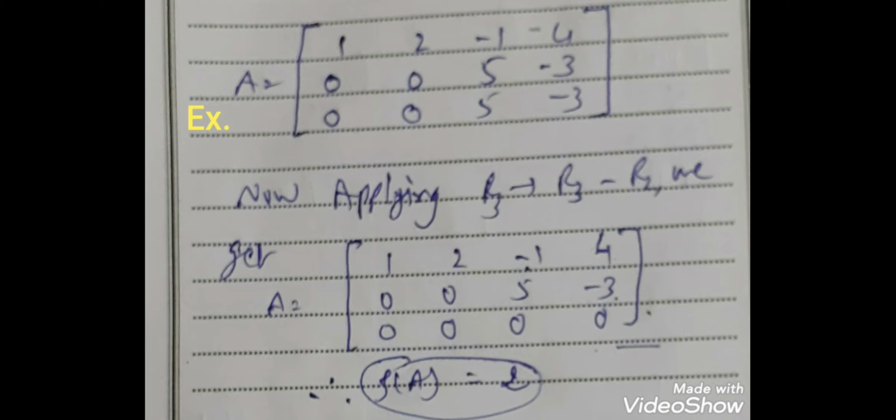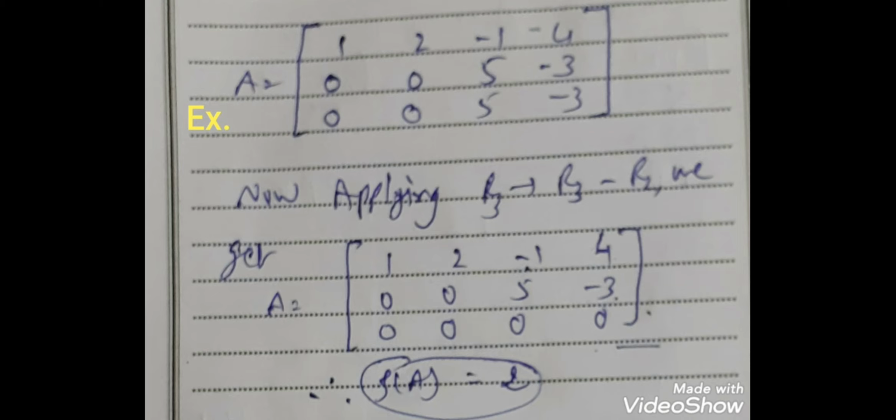Now see the first and second column. The first column contains the element 1 and the second column has the element 2. So if we multiply the first column by -2 and add into the second, then we get one more 0 in the second column, and all the entries of the second column will be 0. So we get 1, 0, 0, 0 in the first row and 0, 0, 5, minus 3 in the second row. Now we convert this matrix in I_n form. So here the second column has all entries 0, the third row has all entries 0. So we can remove the second column and third row. So here now 1, 0, 0 in the first row, 0, 5, minus 3 in the second row.